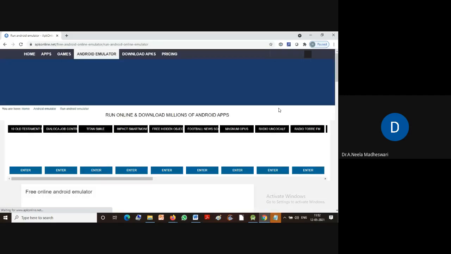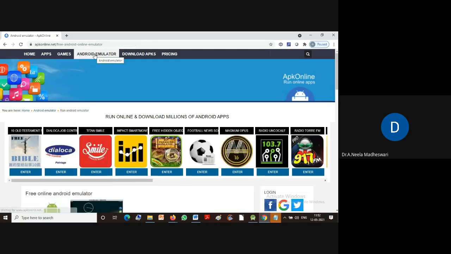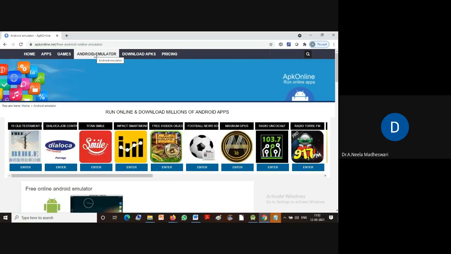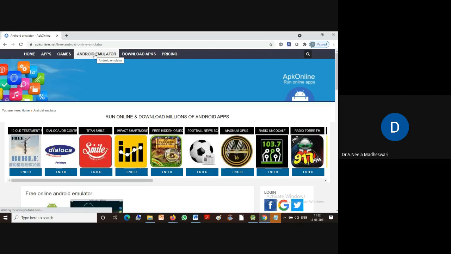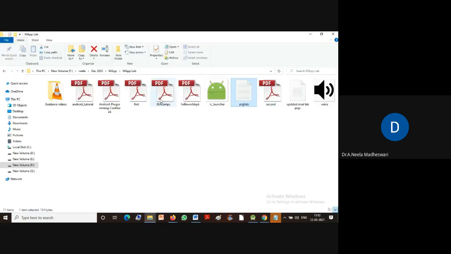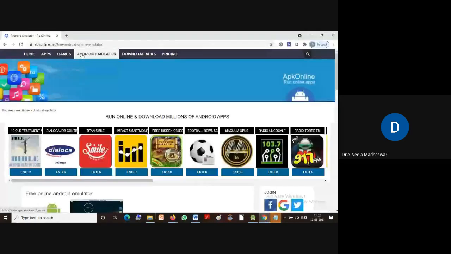So let us load our APK file and run over here. I have already created the APK file which is available over here, that is guicomponents.apk file. So let us run using the Android emulator. Upload and run our APK. We have to select this option.